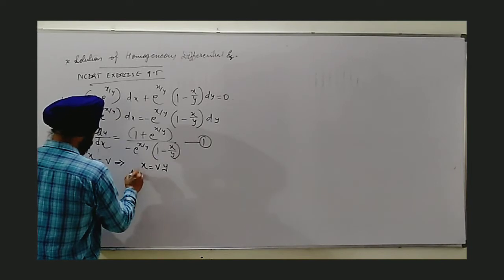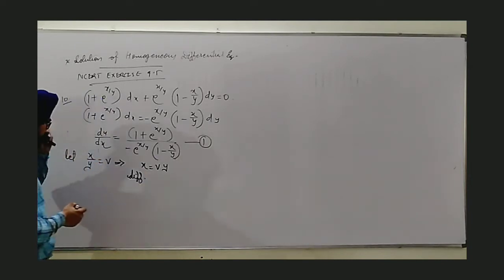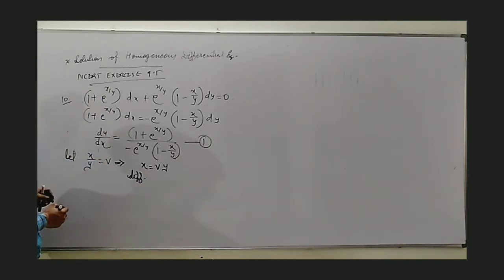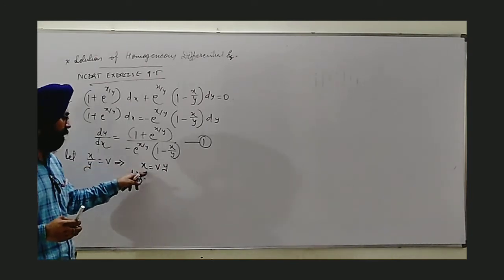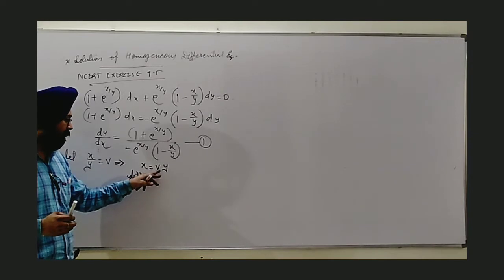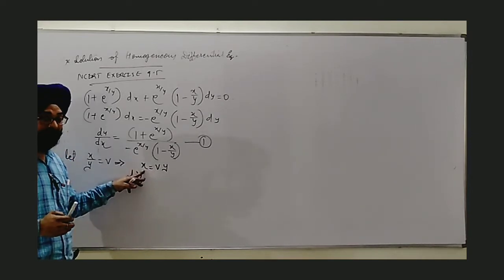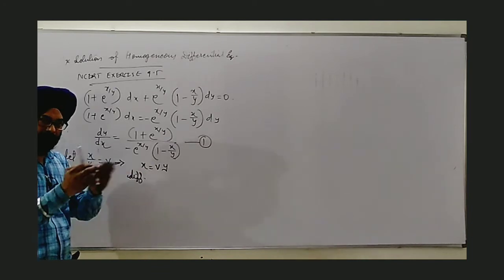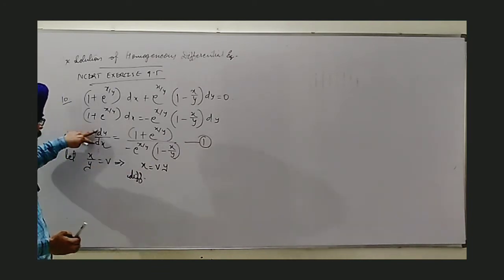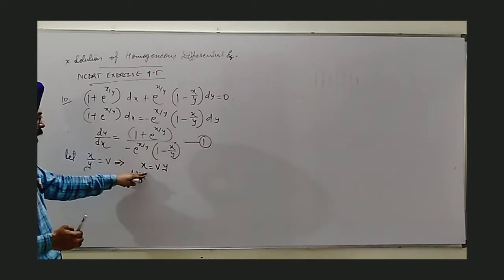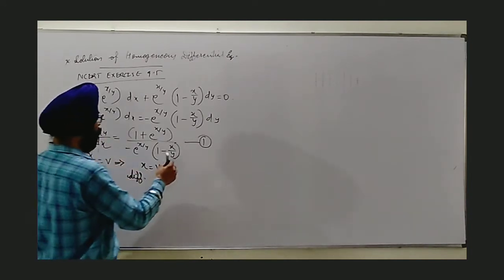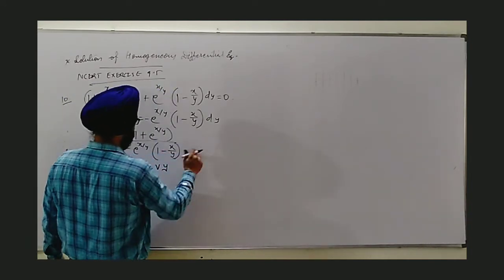Differentiating, you can check, if I do it with respect to x, what is the result? Here something else: we will do it with respect to y, and all the things will be converted. dy by dx is given, and now we will find dx upon dy from here. So let me tell you, here only let us convert.